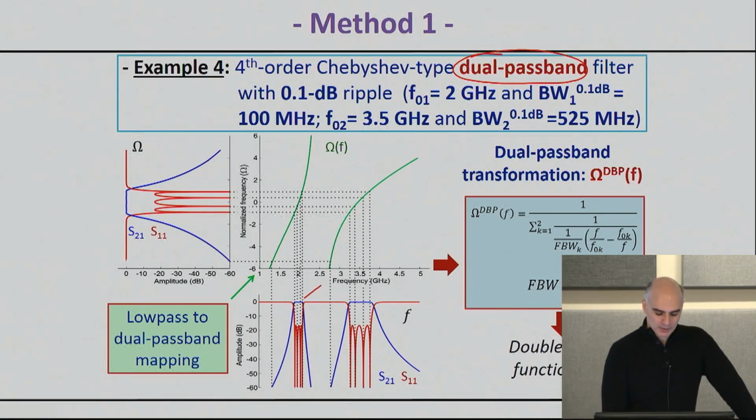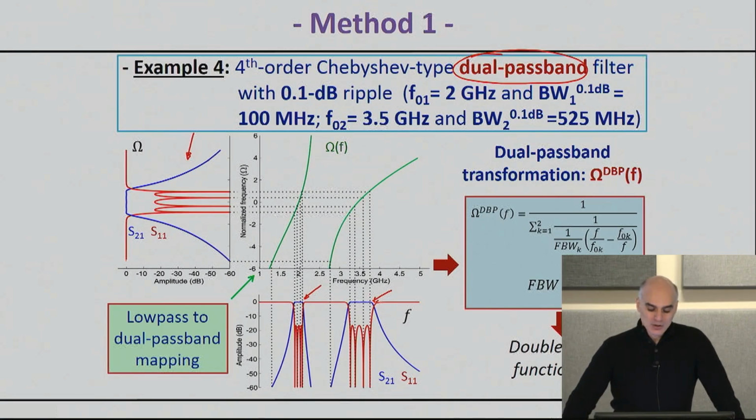So here's an example. This is what I really want. I really want basically a bandpass filter with two passbands. And essentially, I still have to start from this low-pass equivalent prototype. So people have searched for equivalent frequency mappings, and here's basically the equivalent frequency mapping that you have to go from the normalized domain to